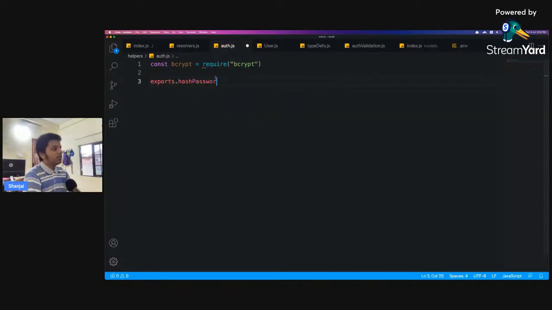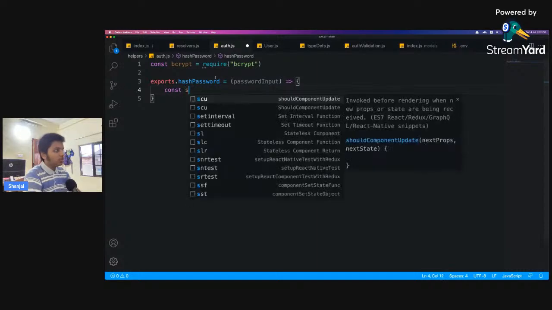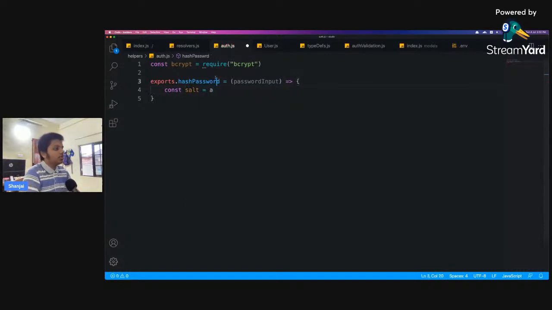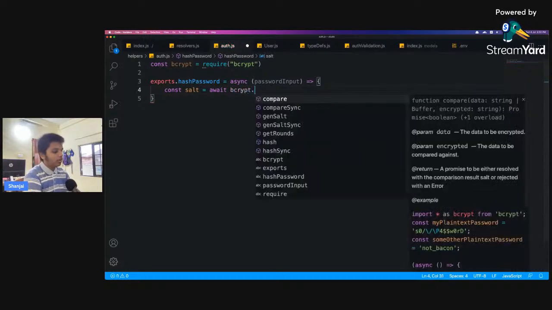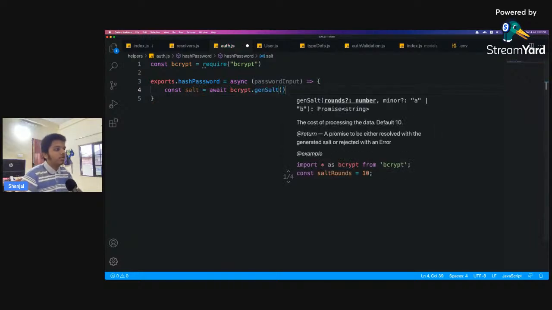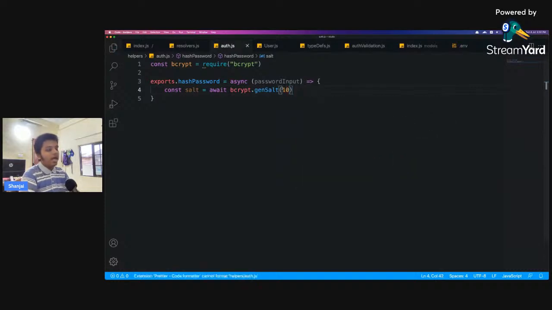Let's say hashPassword, which will take the password input, and const salt will be equal. It's going to be an async operation, so async, await bcrypt.genSalt. It needs the number of rounds to generate the salt. Salt is kind of like the hash method or something. So salt, and then the hash password using the salt,